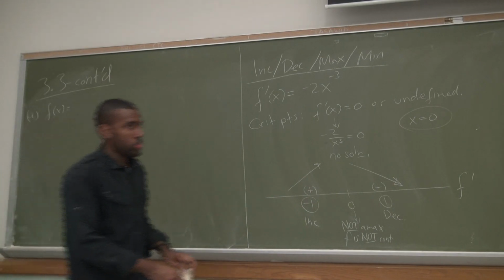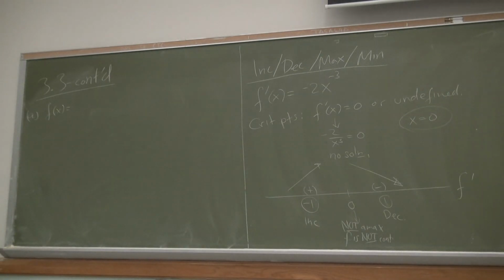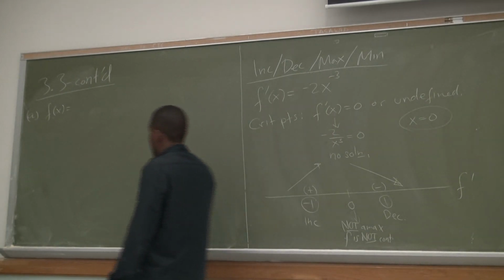Okay, let's run through it again. We have 6 examples, so I guess by the time we get through all 6 of them, you'll have it now. Let's do x to the 4th minus